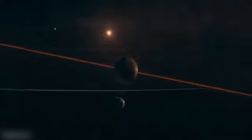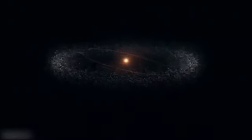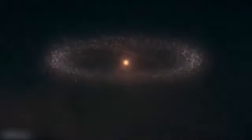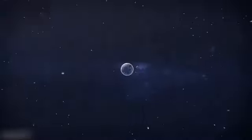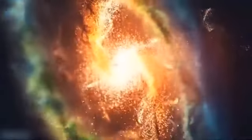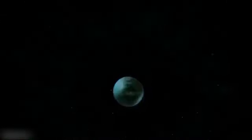Small, cool red dwarf stars are the most common stars in the universe. The exoplanets found in the habitable zone, the perfect distance from a star to allow the planet to be warm enough to host liquid water on its surface, often orbit red dwarfs very closely since they aren't as warm as the Sun. Although the scorching temperatures make the planet too hot to be habitable, observations of